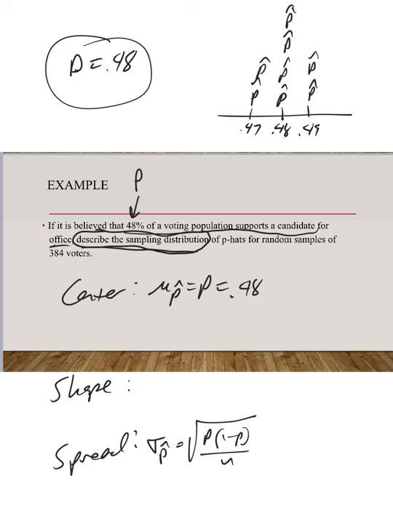So this would be 0.48 or 48%. You don't have to write both, but you should write one or the other there. The spread would be the square root of 0.48 times 1 minus 0.48 over n, and again it told us n in the question, which is 384. So we calculate that, 0.48 times 0.52 divided by 384, all square rooted under the radical,